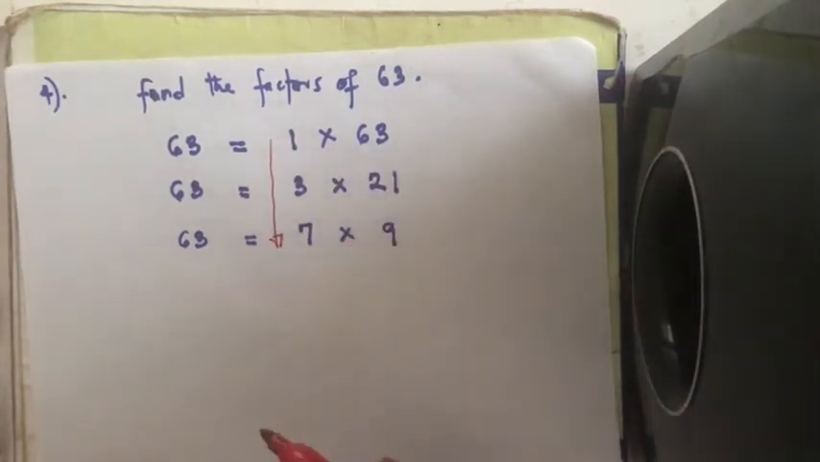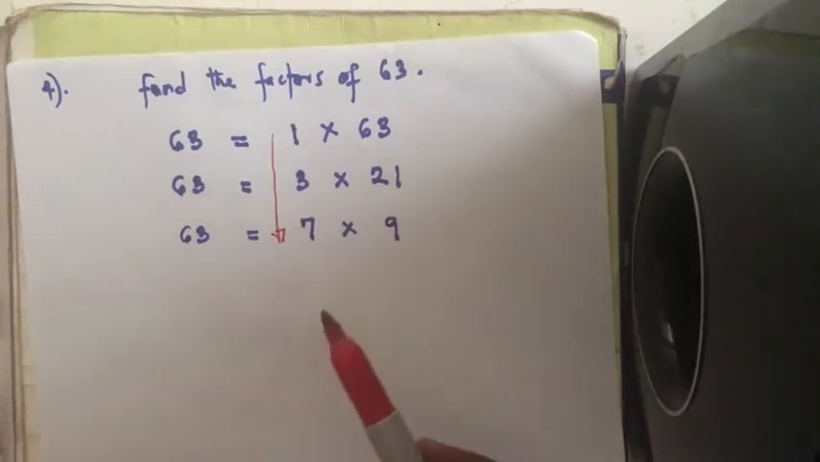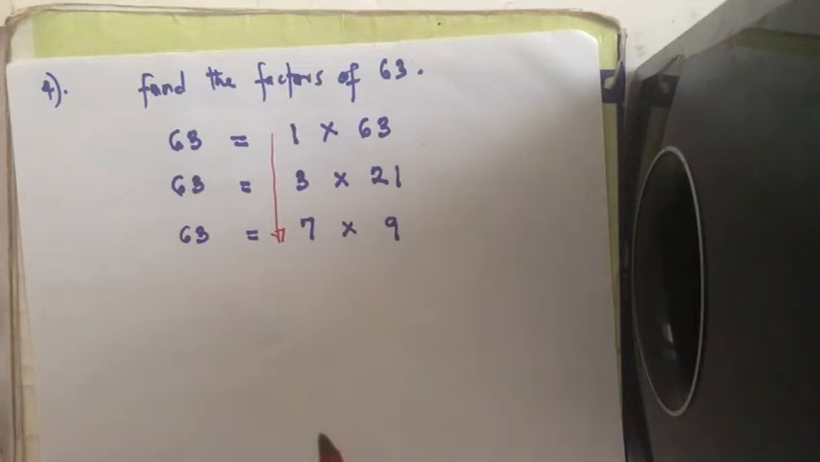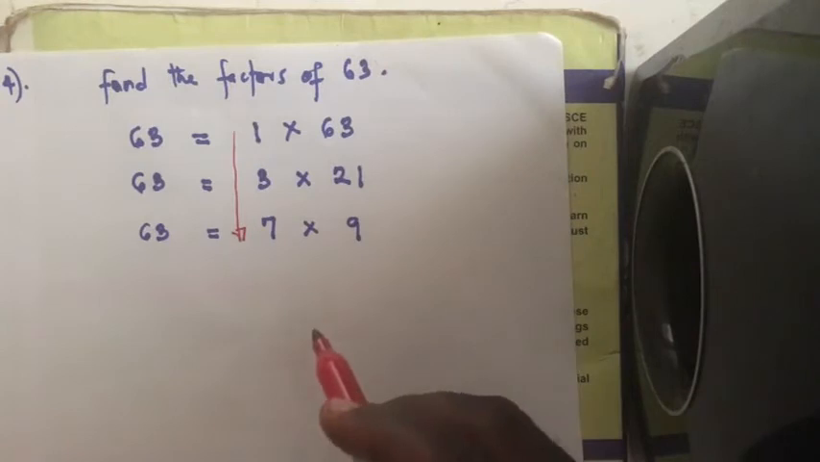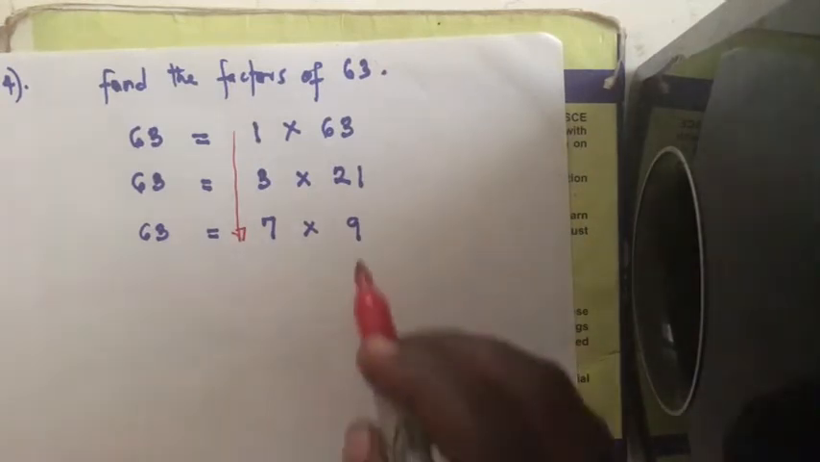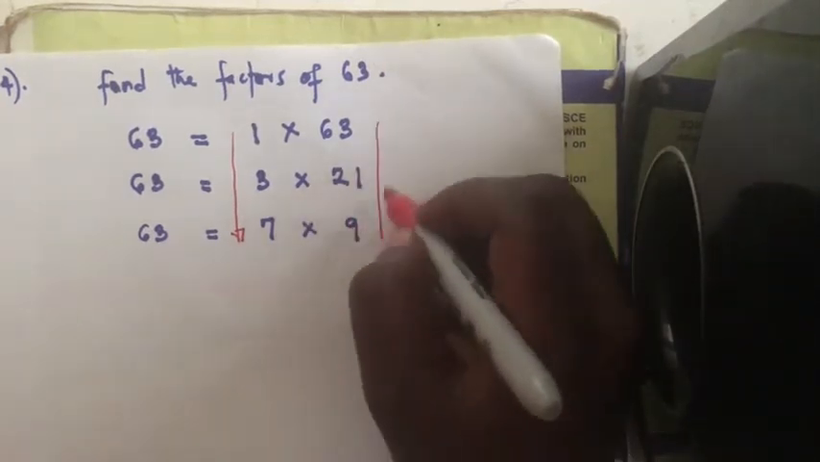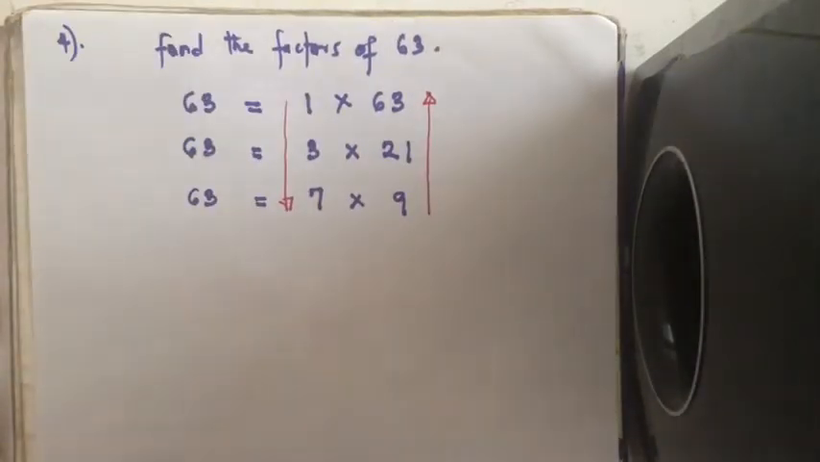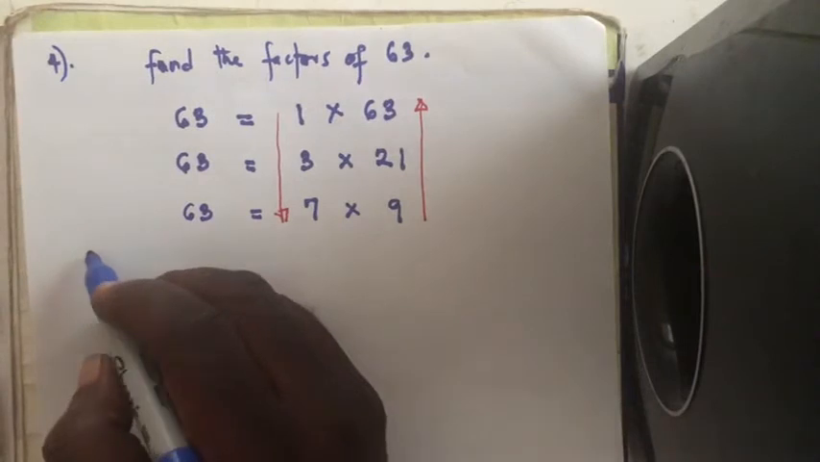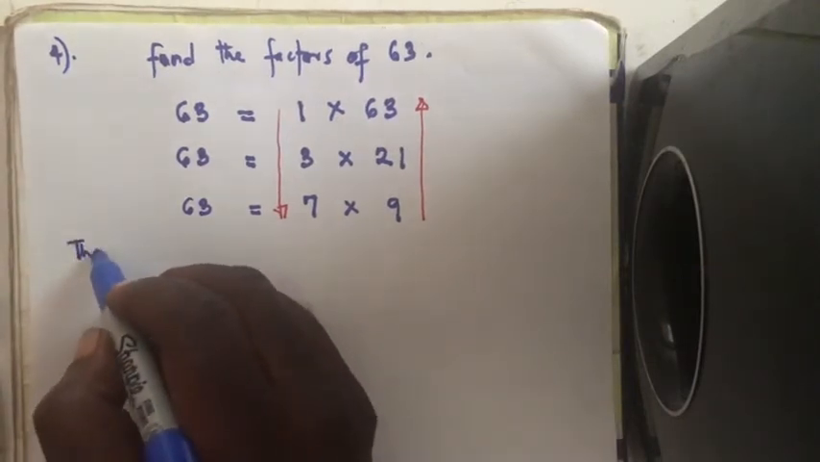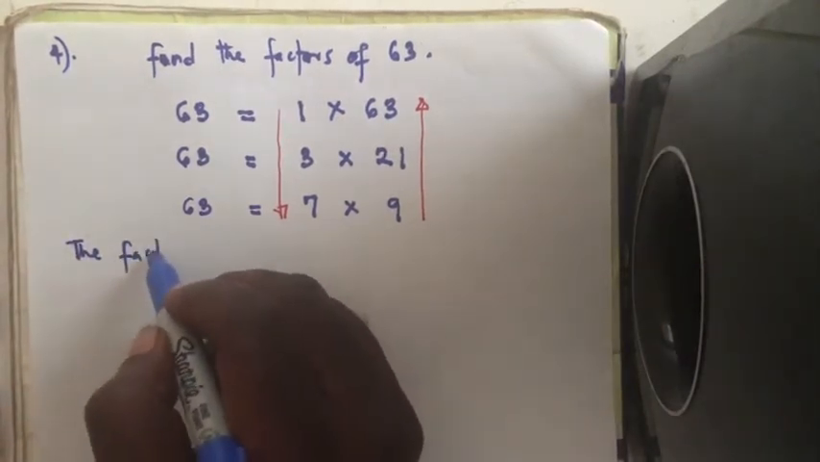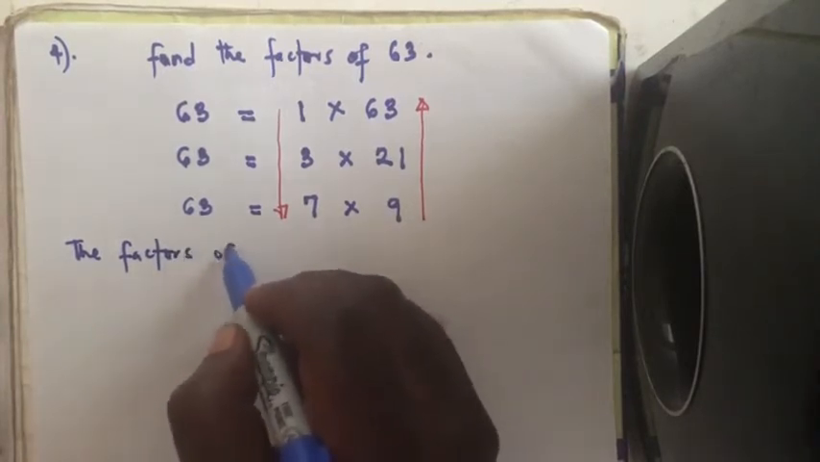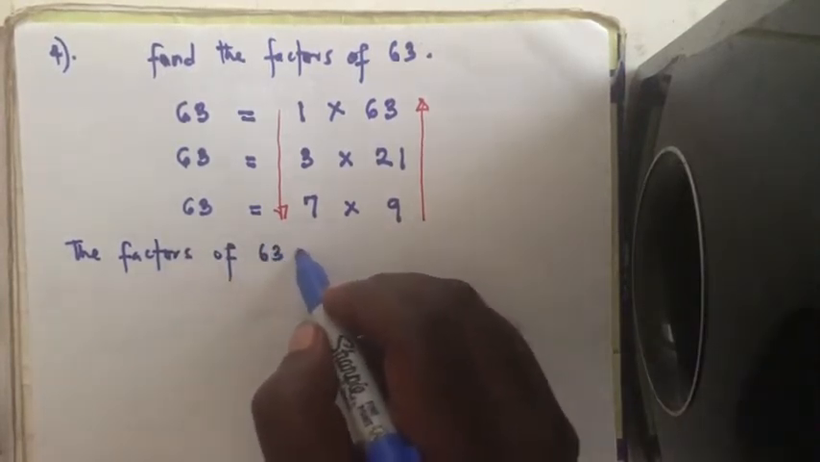We can't think of any other one because after 7 it is 8. After 8 it is 9. 9 is a factor, but we can't write 9 times 7. Can you see that? So that means the arrowhead will point down. We can't think of any other combination. So the arrowhead will now point up in this direction. So we can now write, therefore, the factors of 63. The factors of 63 are